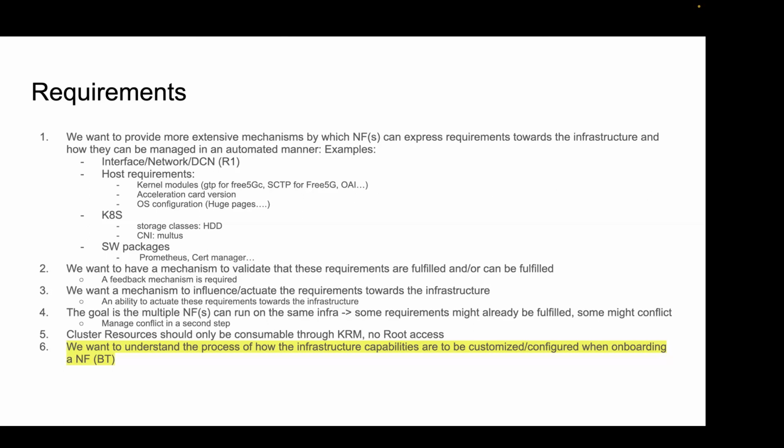Yeah, maybe just to illustrate, because we are working with many vendors in Orange. I can tell you we have different situations, because today we are also deploying some network functions on infrastructure provided by the vendor. For example, with Nokia, we are deploying some network functions from Nokia on their network infrastructure. As a result, maybe the Nokia team didn't need to express some specific requirement to the infra team, because the infra team from Nokia knows perfectly what should be deployed. But when we want to deploy this network function in another cluster not provided by Nokia, in such a case,